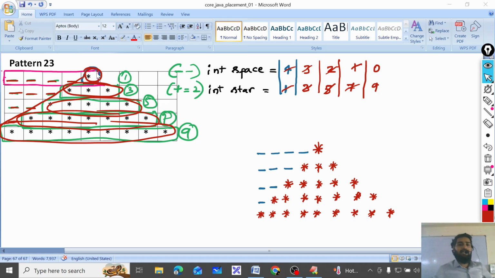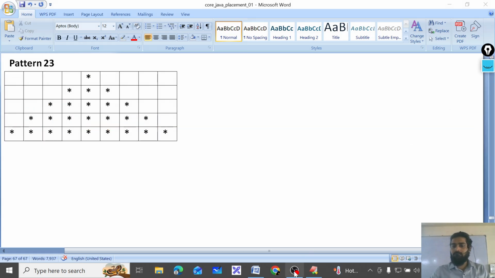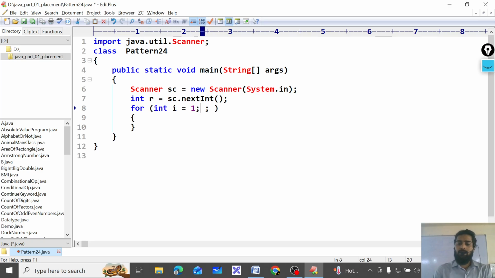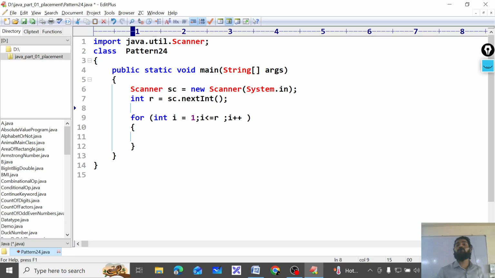See, here I have 5 rows. Because of 5 rows, I am going to print in this pattern 4 spaces. Correct? Do you understand, everyone? So, same logic I am going to use here. As of now, I will be starting with for int i is equals to 1, i is less than equals to how many rows? r. So, i plus plus. You got the number of rows? Clear now? So, before this, I have to declare how many spaces and how many stars.